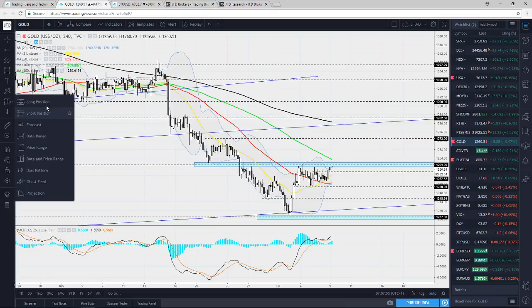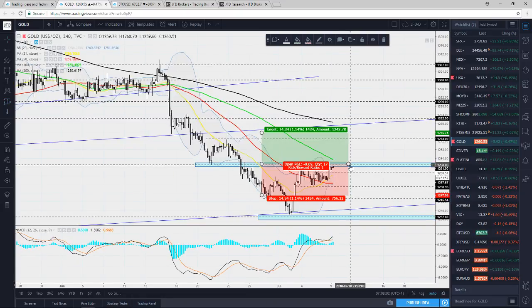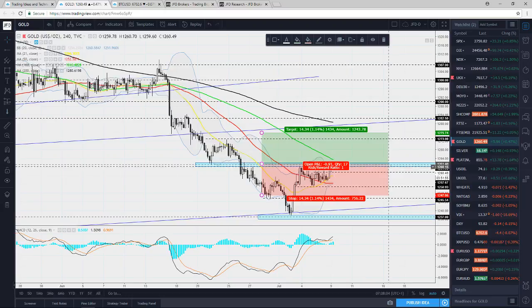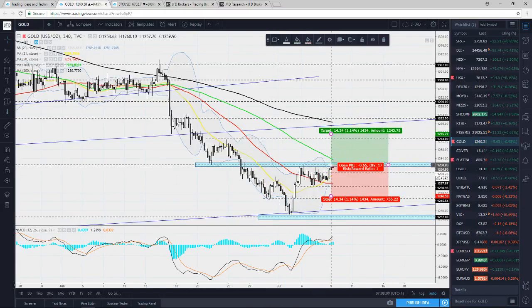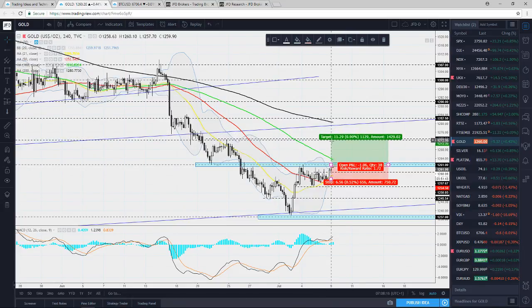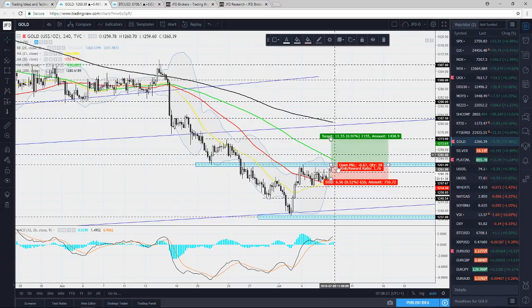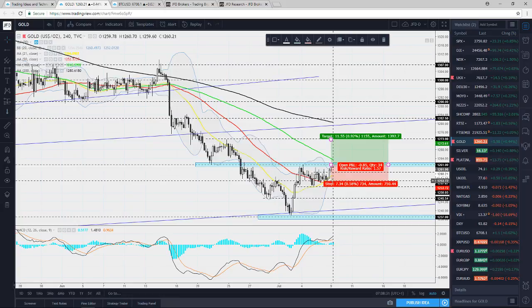So, for example, if you do want to trade this commodity, you could potentially position yourself this way. Let me quickly show it to you guys. If we do get a nice break above the 1261, certainly we could end up aiming for this 1273 mark, or maybe just slightly below it, to protect ourselves. And with your stop loss, guys, you could put it somewhere around this area here at around